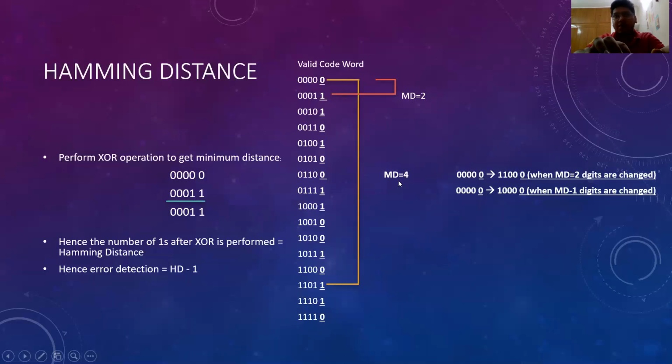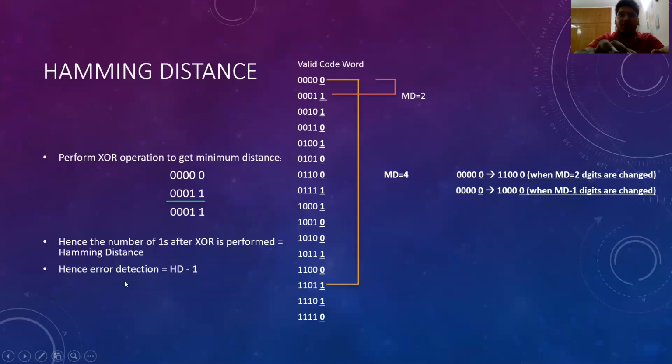Here MD is equal to 4. Suppose here MD is equal to 3, or here MD is equal to 4, here 5. I'm assuming, I'm not calculating. But when I have calculated all, we get to know that the minimum distance for this whole series is 2. This minimum distance is the Hamming distance here. So what is the reason for calculating a Hamming distance? This Hamming distance helps to calculate the error detection in this method, in this series.